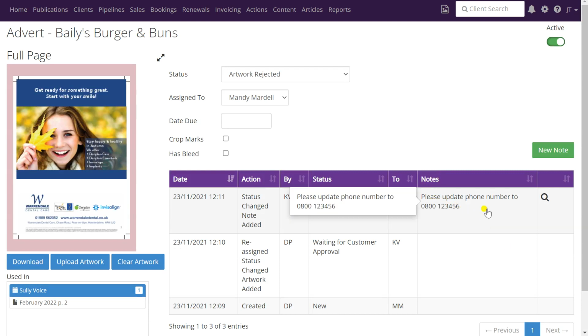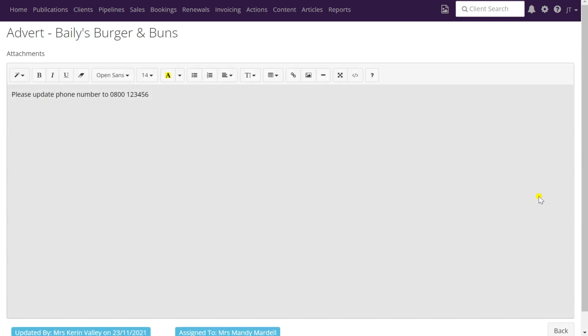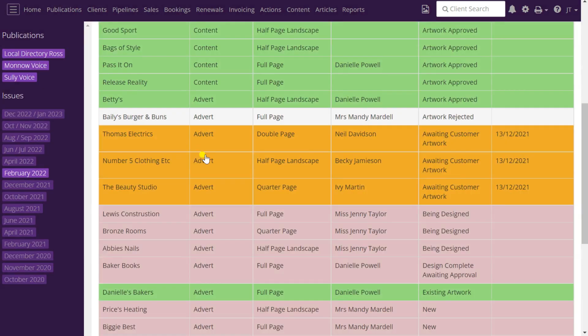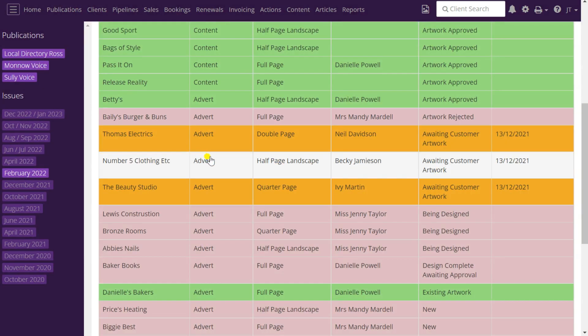If it's a longer note that they've added, you can click on the little magnifying glass and it will automatically bring up the editor there with the information that the client's put in there with details that need to be updated on the advert. Okay, so I'm just going to go back to the listing and then we're on to